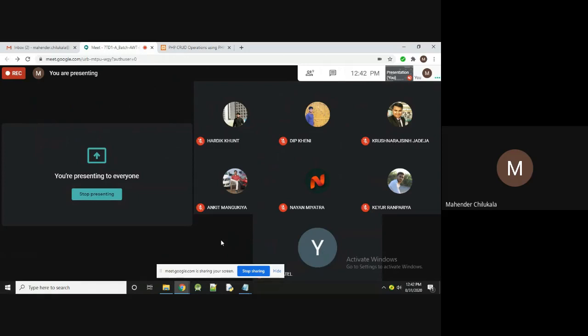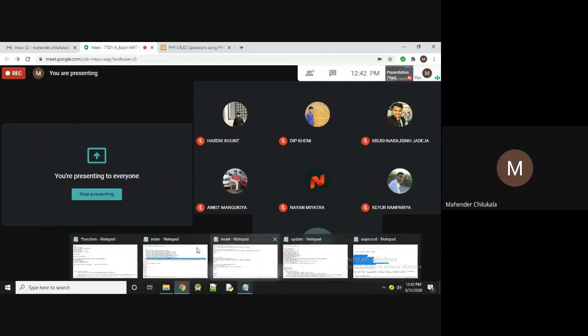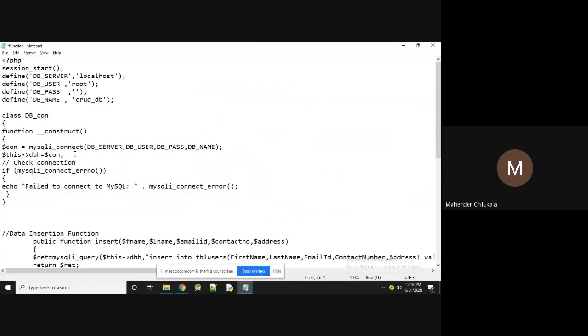We are not using that many OOP concepts, just three or four: one is creation of the class, the second is a constructor, the third is methods, and the fourth is creation of the object. That's it. We are using only four concepts of OOP.